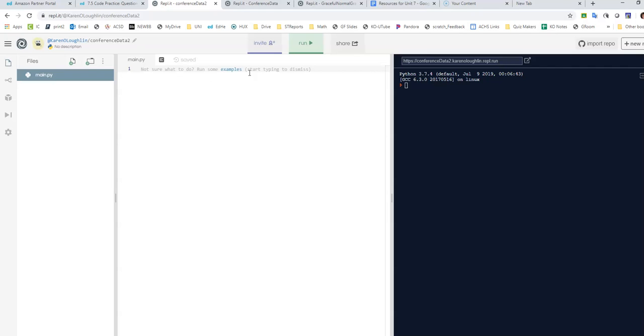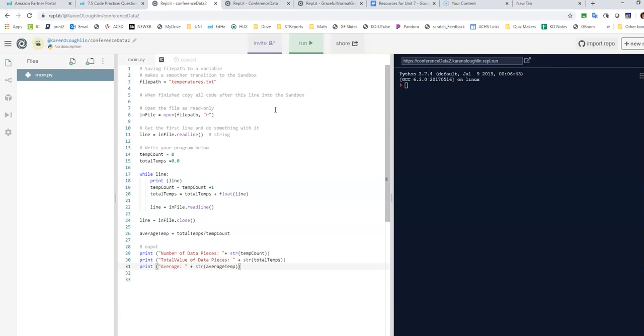Now, I don't know if I still have it, but I had the code from my previous program that we did with file paths when the temperature is loaded, so I just pasted that in. And now there's a couple of things that are going to have to go on. First of all, I don't have my temperatures file over here, and I don't want my temperatures file. I'm going to create a file that deals with conference data. And so I'm going to call it attendees. And that's going to be the people that are coming to my conference.